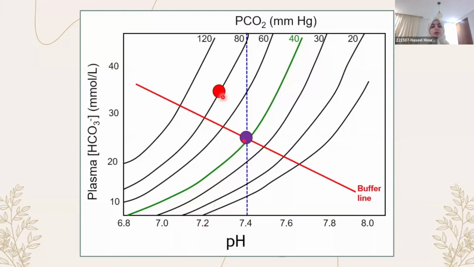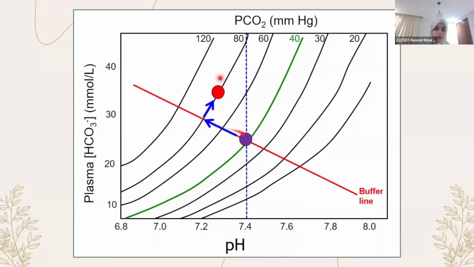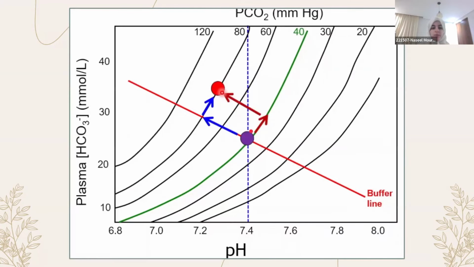Now, we can think of these lines, so the buffer line, the green line, as roads. Okay? And think of the dotted line as a block in the road. Okay? So there are two ways you can reach this red line from the normal. You can either go that way, okay? So you go along the buffer line, meaning you're inducing a respiratory acidosis, and then you try to compensate that. Or you can go the opposite way. You can go along the green line, the isobars, so you're doing a metabolic problem, and then you're going back